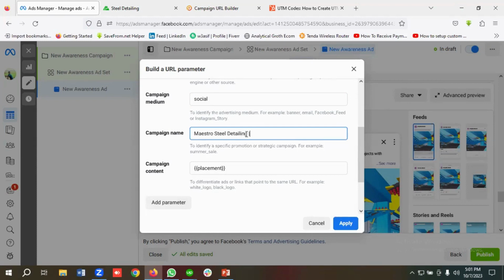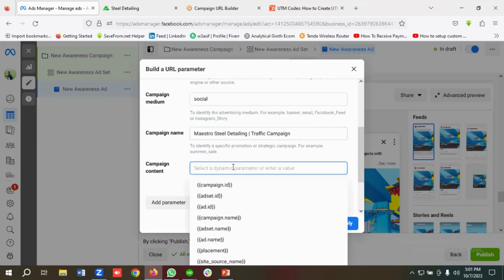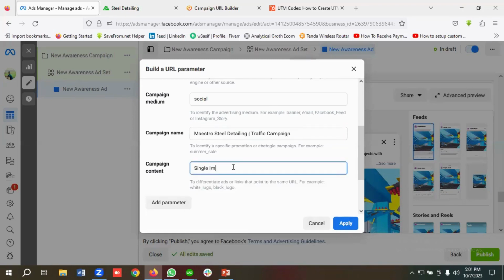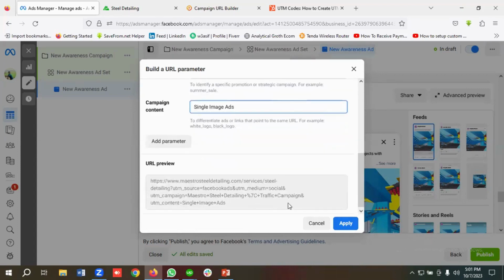Then I'll mention traffic campaign, for example. And as the campaign content, I'm going to write single image ads. If I click on apply,